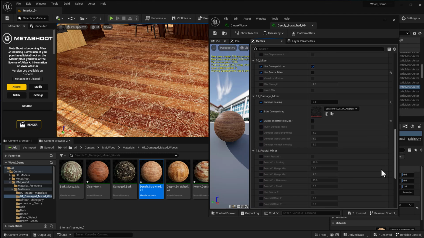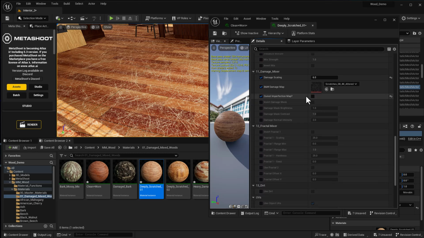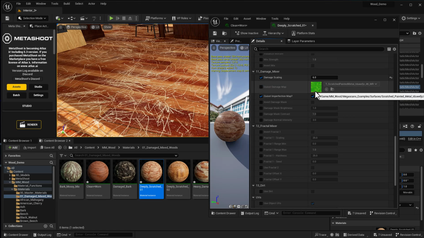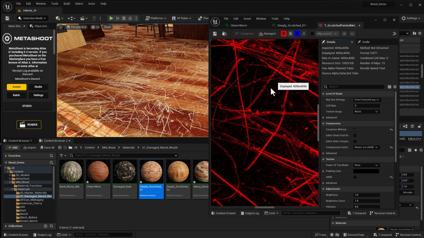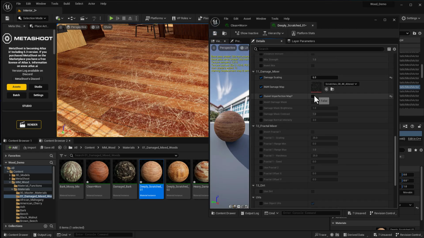But coming back down here, what we can see is we can choose between this kind of map, a black and white one, or a Quixel imperfection map. And the main difference is just that the Quixel imperfection map uses the red channel of the image. So that's where we get the damage from. Whereas a non-Quixel imperfection map will use just the RGB, the black and white, all of it to create the